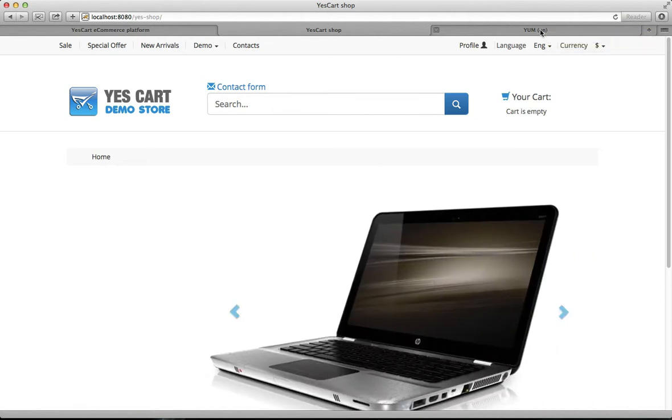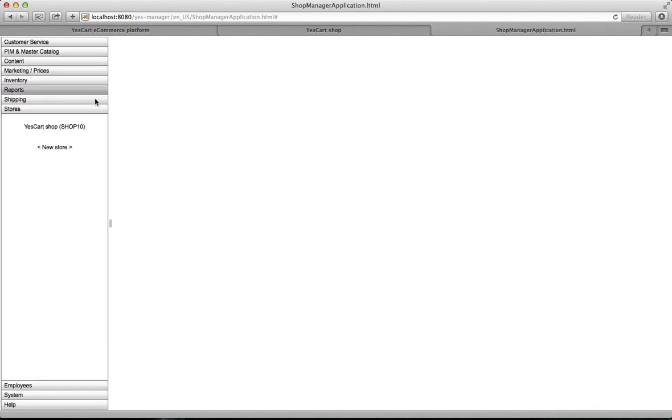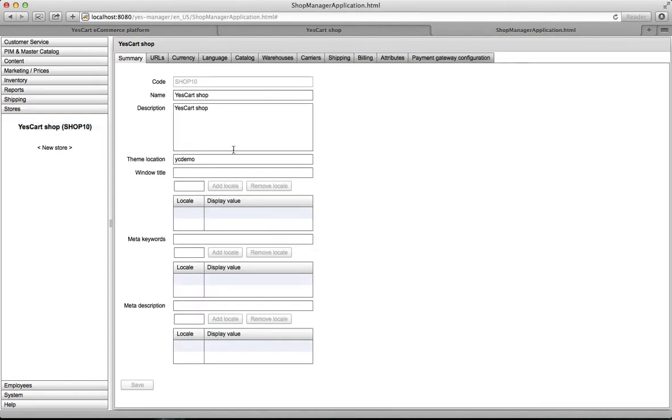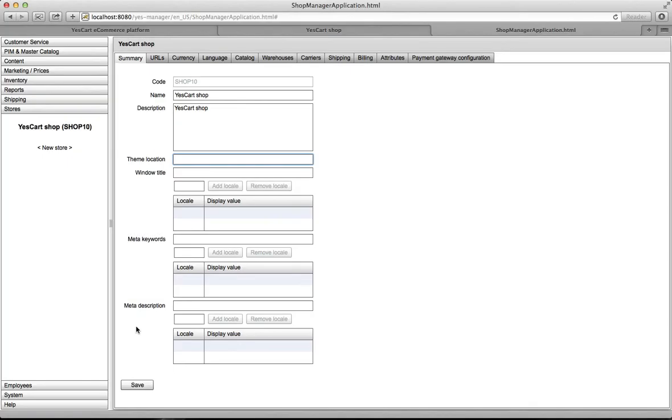So firstly, what we want to do is go to YUM, YesCart Update Manager, and go to Stores and explore a little bit what sort of settings we have. Now, firstly, we can see that the theme location is YC Demo. What we want to do is remove that because we want to use the default theme. We want to save this, and also we want